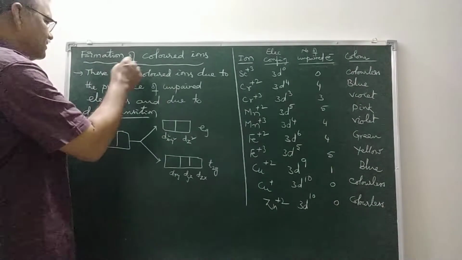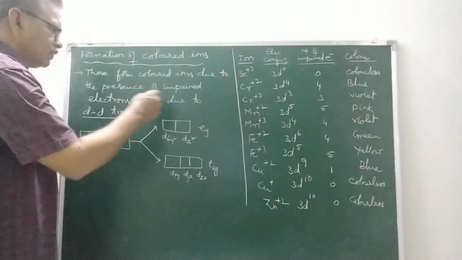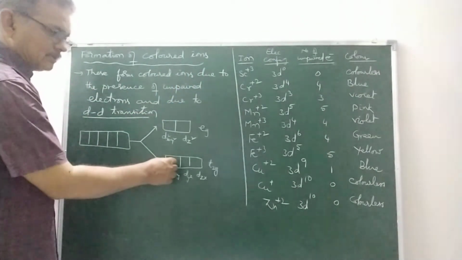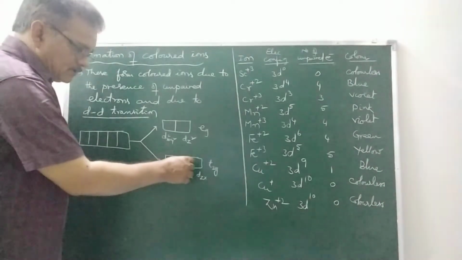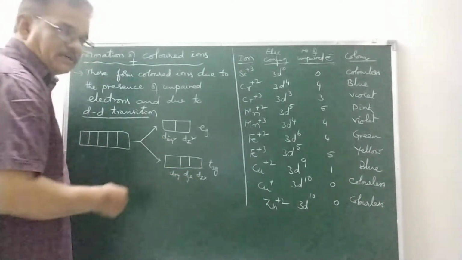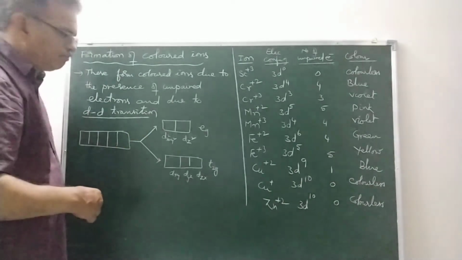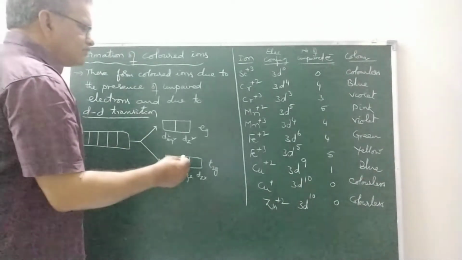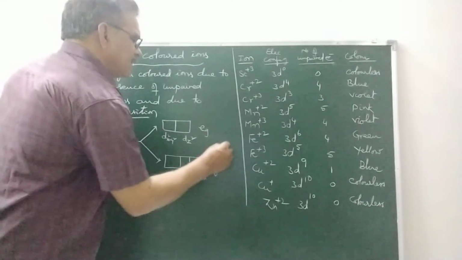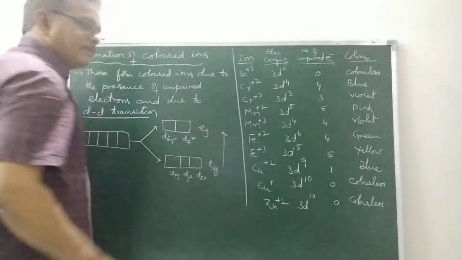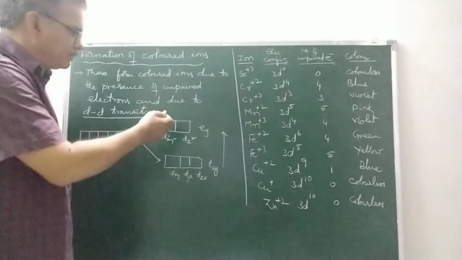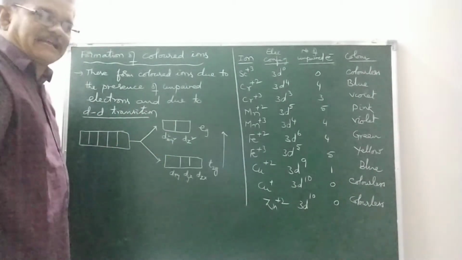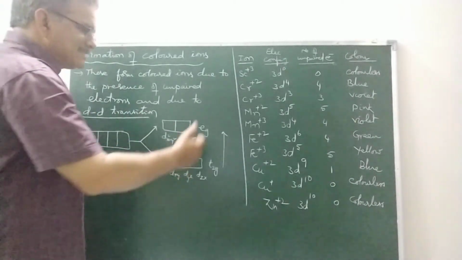D block elements form colored ions due to the presence of unpaired electrons. In general, unpaired electrons are present in lower energy orbitals, that is T2G orbitals in this case. If they absorb some energy, they enter into EG orbitals, which are also d orbitals. These are d orbitals and these are also d orbitals. So this is called DD transition. During this DD